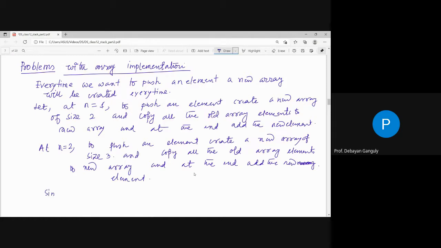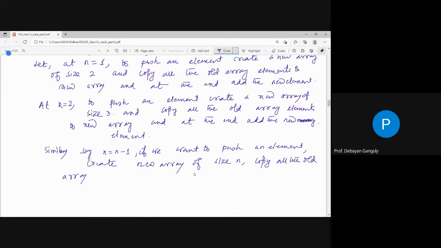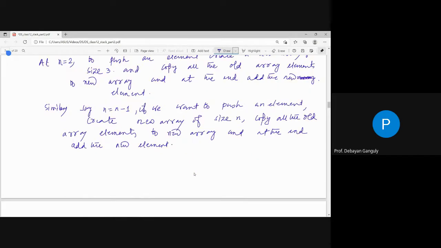তার মানে আমি যদি ধরে নিই similarly, say for n equals to n minus 1 যদি ধরি, তাহলে if we want to push an element, তাহলে তোমায় কি করতে হবে, ক্রিয়েট করতে হবে a new array of size n, কপি করতে হবে all the old array elements to the new array, and at the end তোমায় কি করতে হবে, অ্যাড করতে হবে the new element। তার মানে n খানে যদি পুশ অপারেশন করতে হয়, তার টোটাল টাইম কত লাগবে আফটার n পুশ অপারেশন,